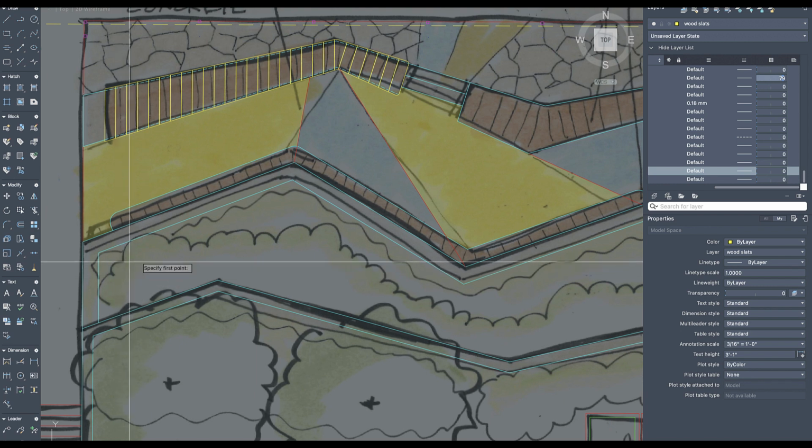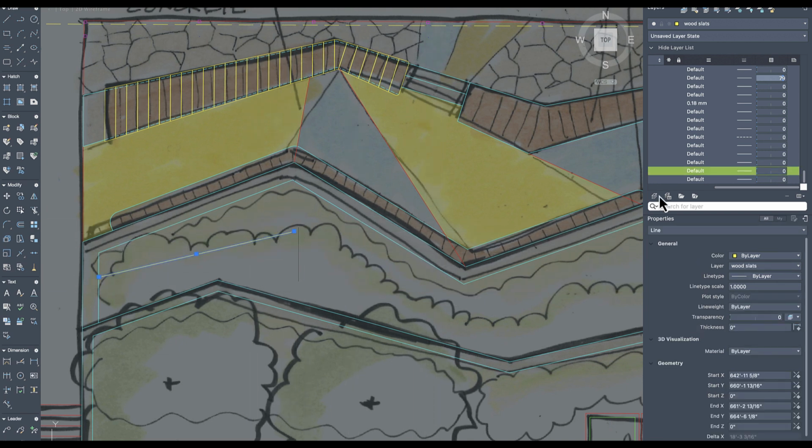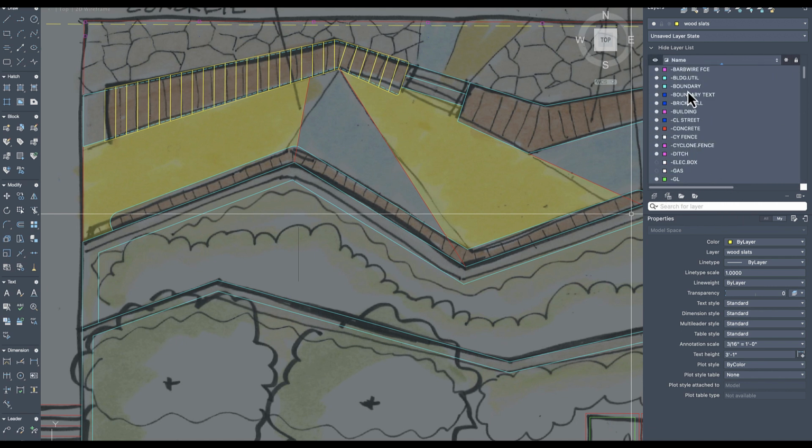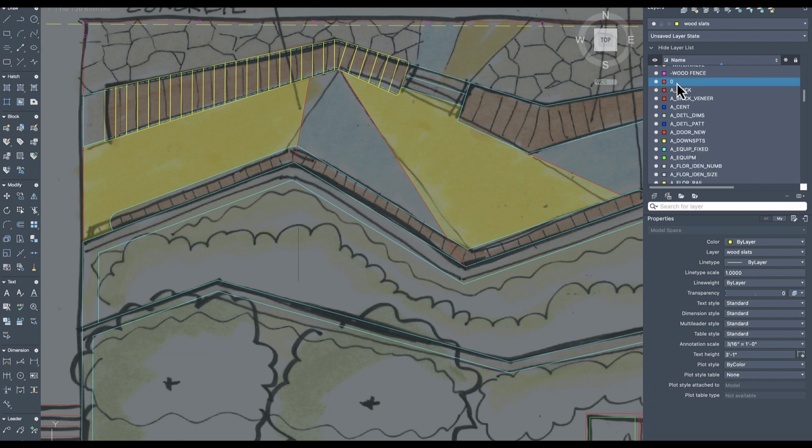Let's say that for our planting, we're going to have a couple different plant beds. I'm just going to make one up. Let's see. Don't want that line. I'm going to switch back to, instead of drawing on the wood slats layer, let's change it back to layer 0 as our current layer, and I'm going to create some lines that are sort of placeholder lines in here that will be,